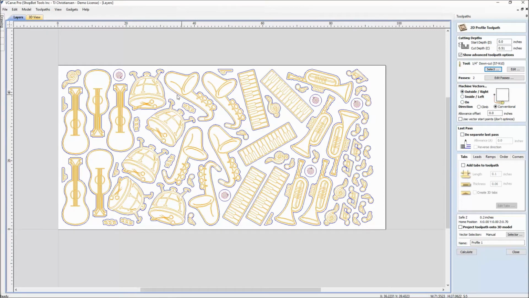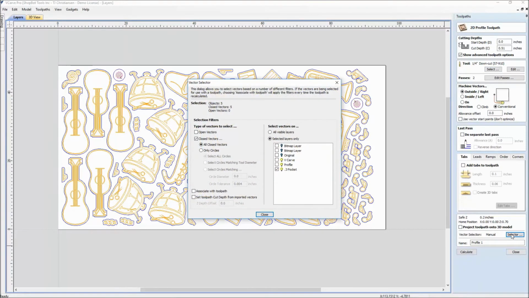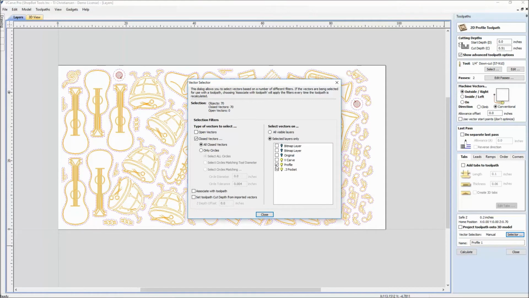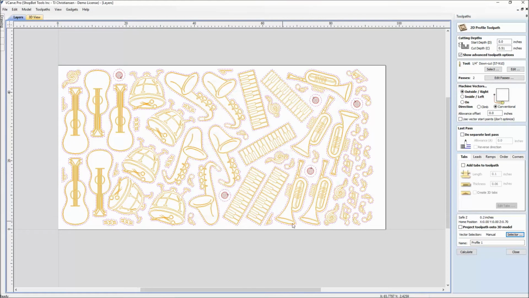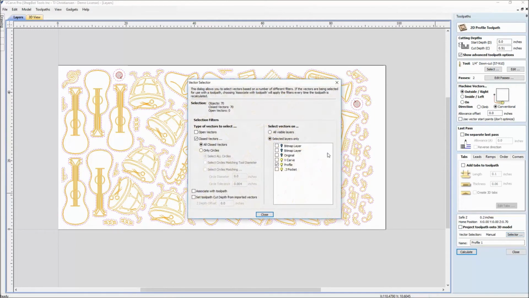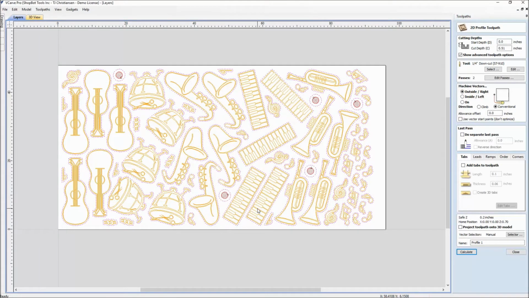And again, instead of trying to select all these outer ones, what I can do is go into my selector mode, and not the 0.3 this time, but we want the profile toolpath. And when I hit close, you can see that it selected all of those. By clicking 1 click, 2 click, it did 70 vectors all as one. So it's a lot more efficient way for you to get into toolpathing when you're using layers and you're using